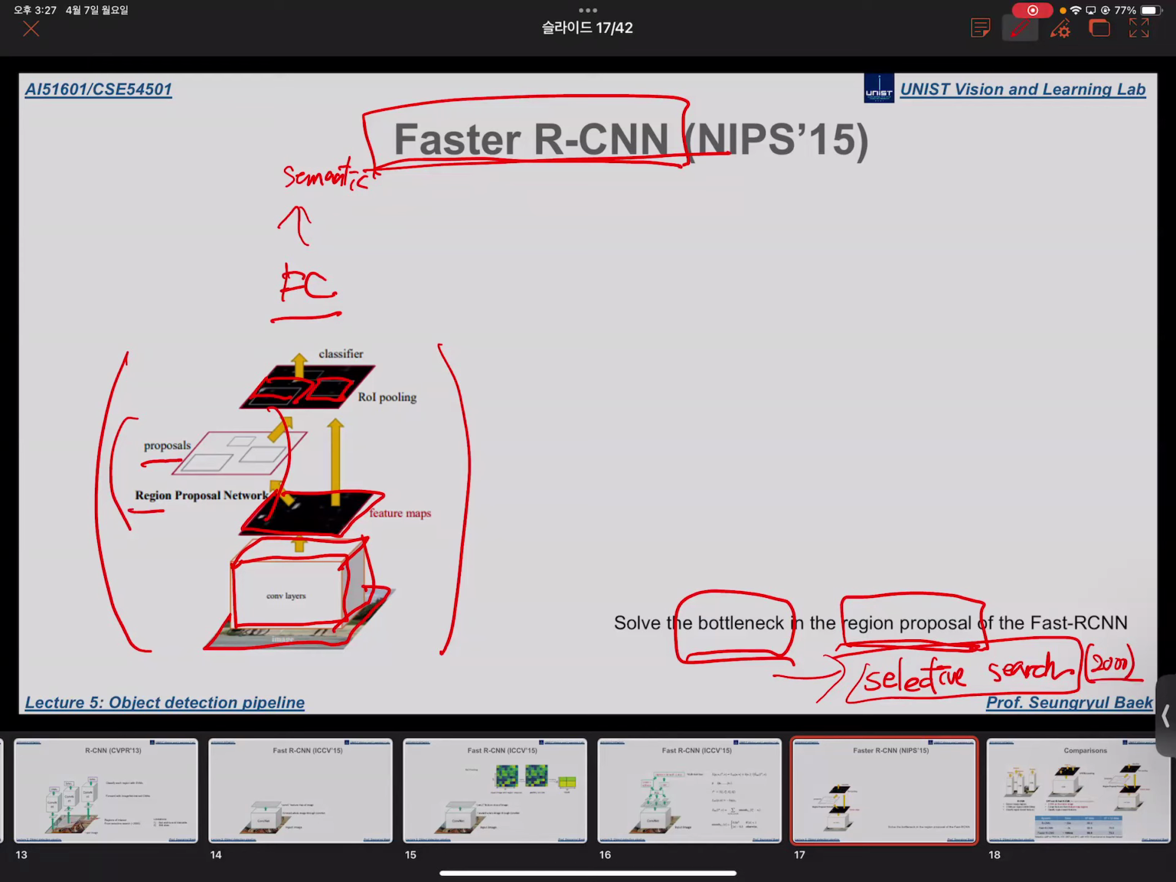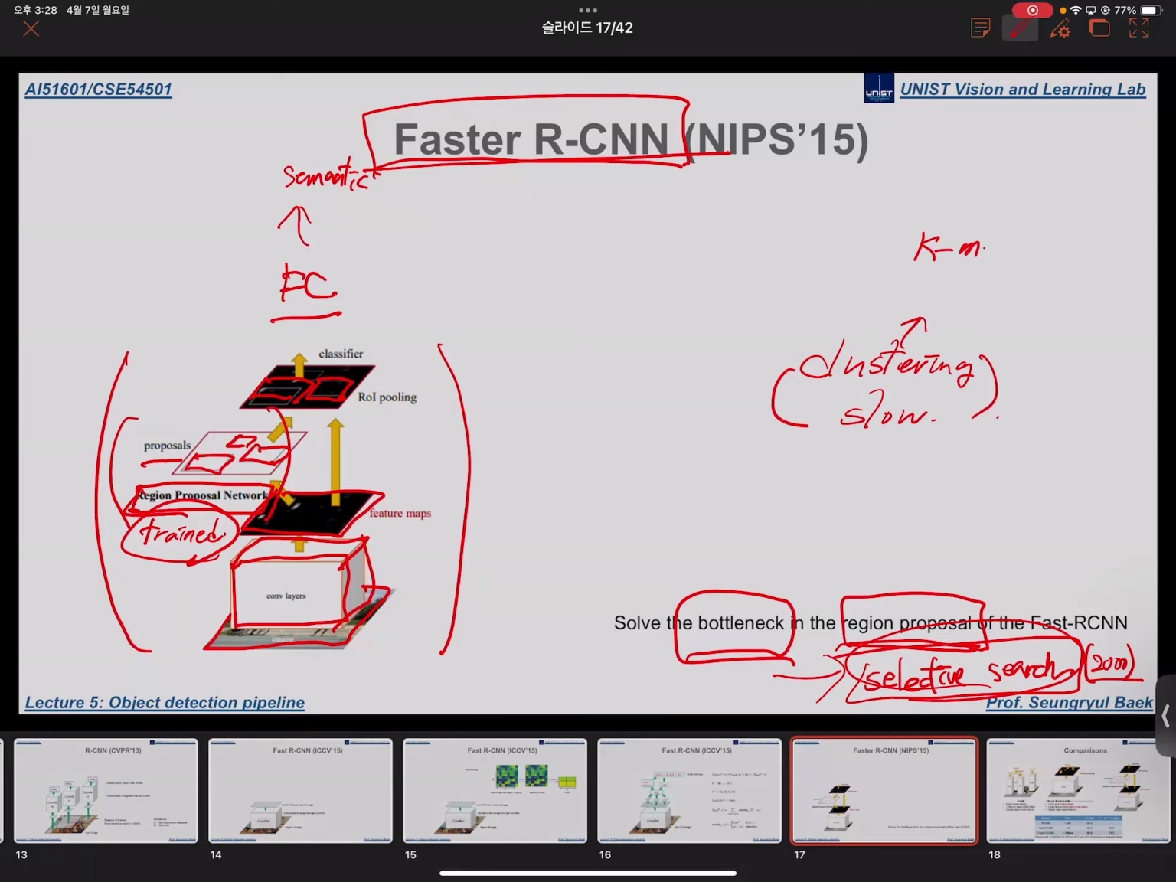But here we involve this RPN, region proposal networks, that is trained to generate bounding box proposals from the feature maps. So instead of involving a clustering-based algorithm, we actually train a network that can estimate object proposals from the feature maps. The clustering algorithm is actually very slow because inside their algorithm, for example, k-means clustering,